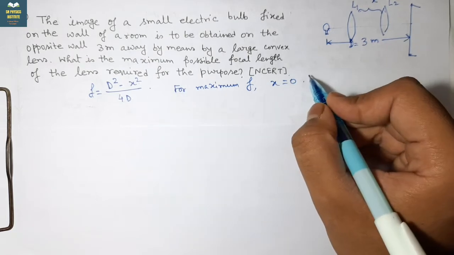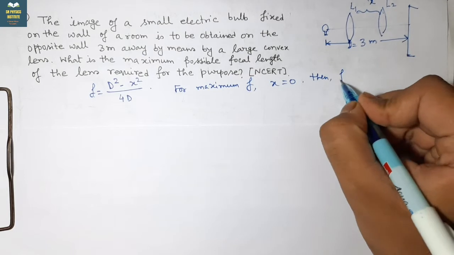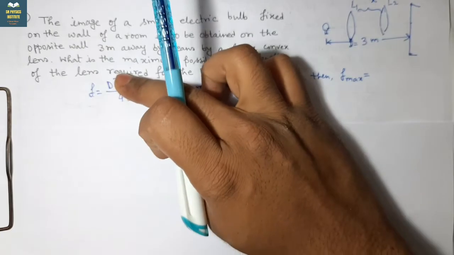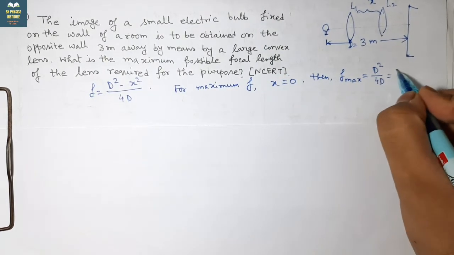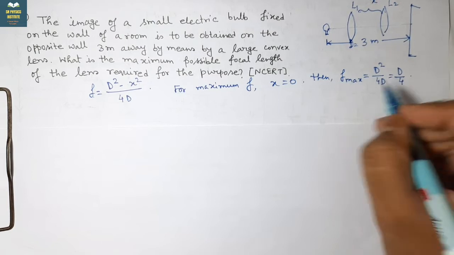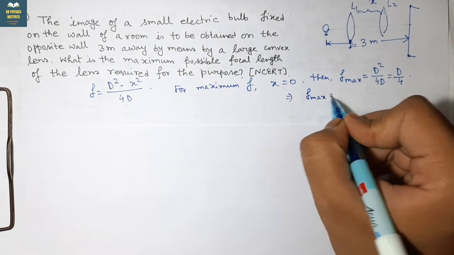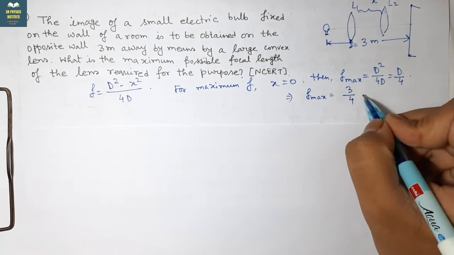So if x is equal to 0, then you are getting the maximum focal length, and maximum focal length is equal to d square by 4d, that is d by 4. If d is 3 meter, then 3 meter by 4,